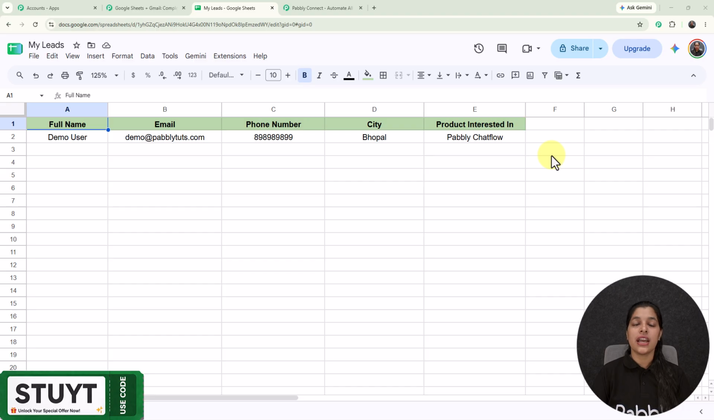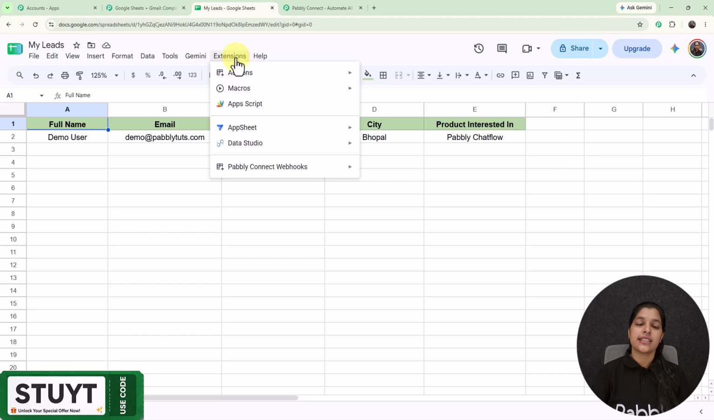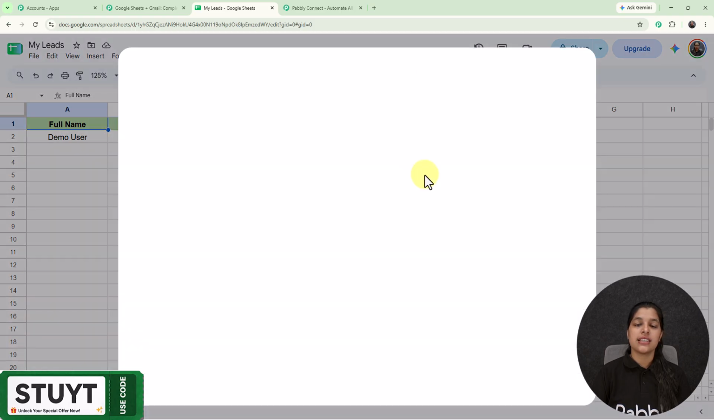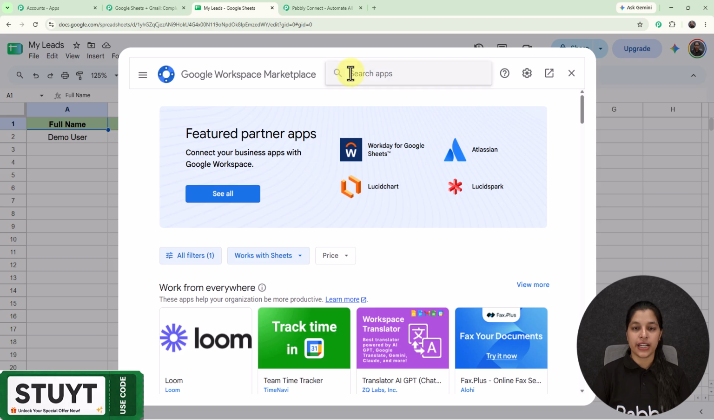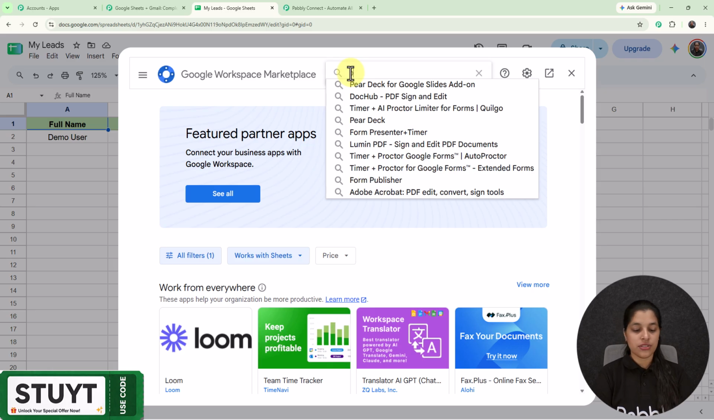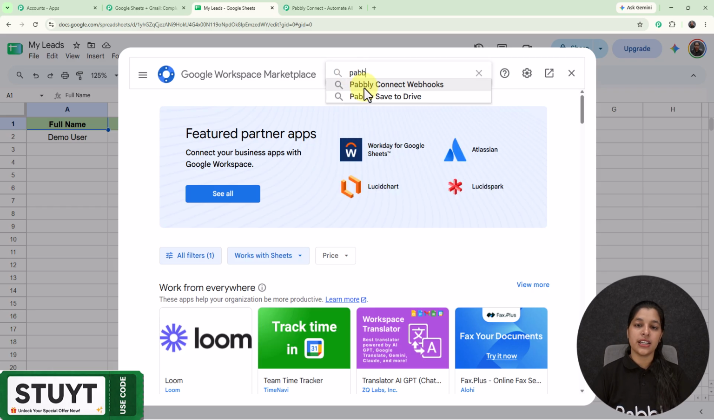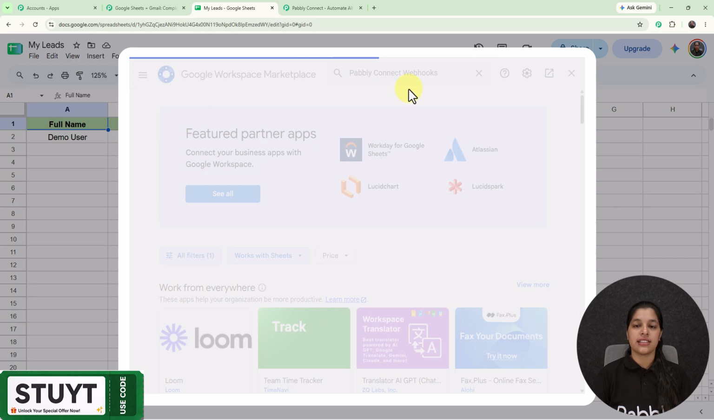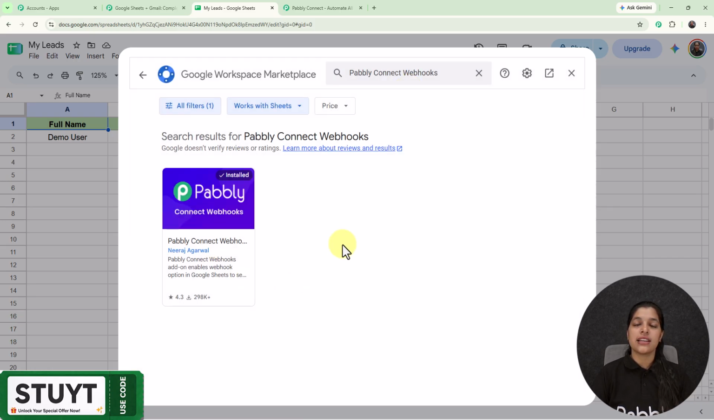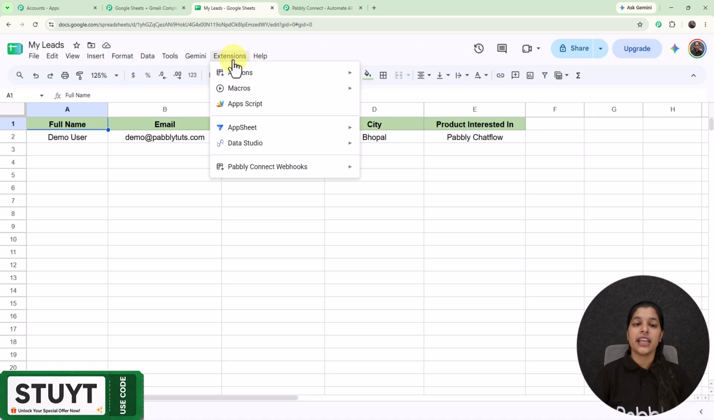test entry. And now for adding the webhook URL, you just have to move towards the extensions, select add-ons and select get add-ons, and you will land on the Google Workspace Marketplace where you have to search for the app that is going to be Pabbly Connect Webhooks, which I have selected. And right here you can see that this application is already installed. So make sure to first install it, and afterwards again you have to go towards extensions, and here we are